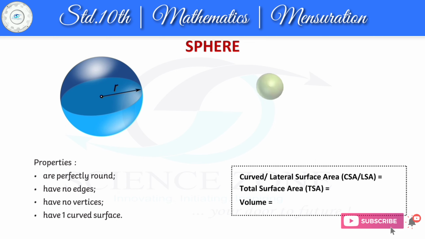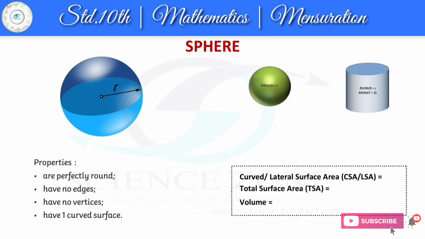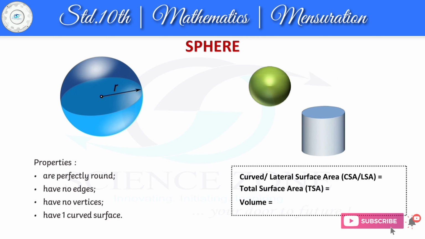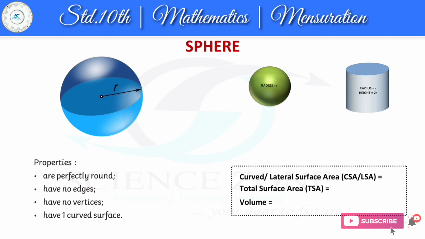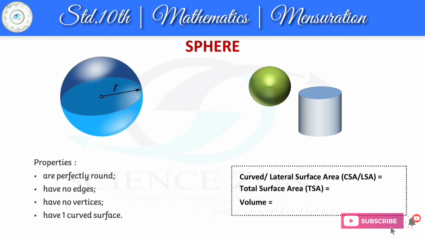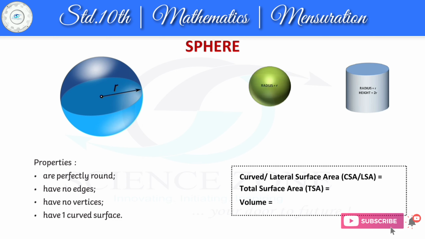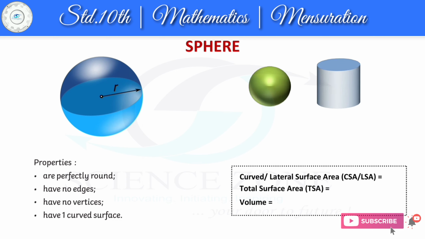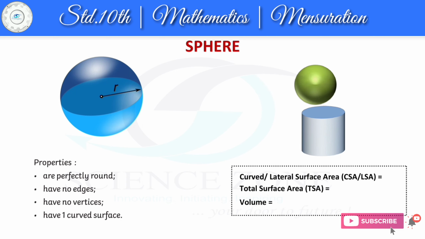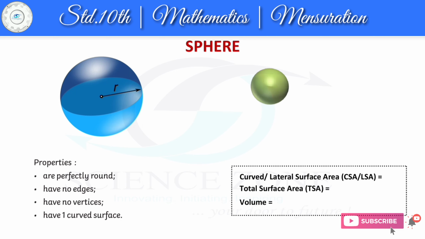This theorem states the surface area of a sphere of radius r is equal to the curved surface area of a cylinder of radius r and height 2r. If you have a sphere of radius r and a cylinder whose radius of base is r and height of the cylinder is 2 times the radius of its base, that is 2r, then you can put that sphere into the cylinder and the area of that sphere will be equal to the curved surface area of the cylinder.